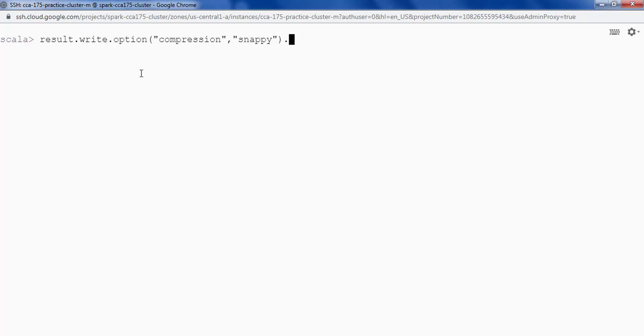Now the output HDFS path already exists, so I'm going to say dot mode, and my save mode is overwrite, dot JSON, because we have to save the data as a JSON file. So providing the path now. Okay, so we are done.